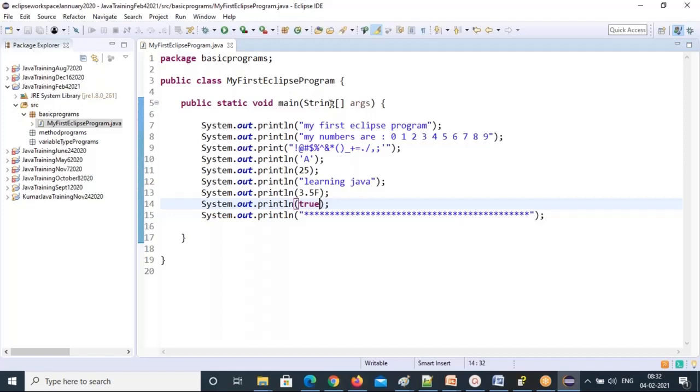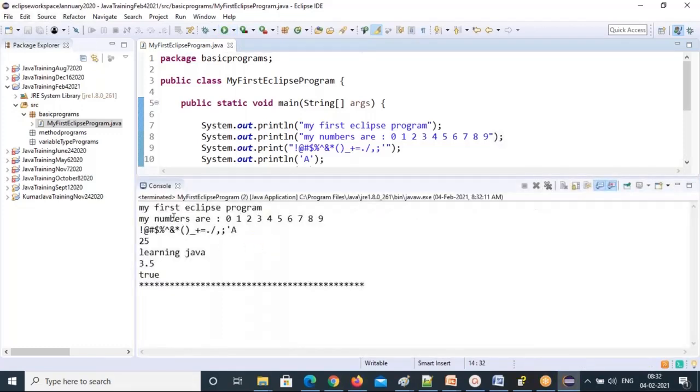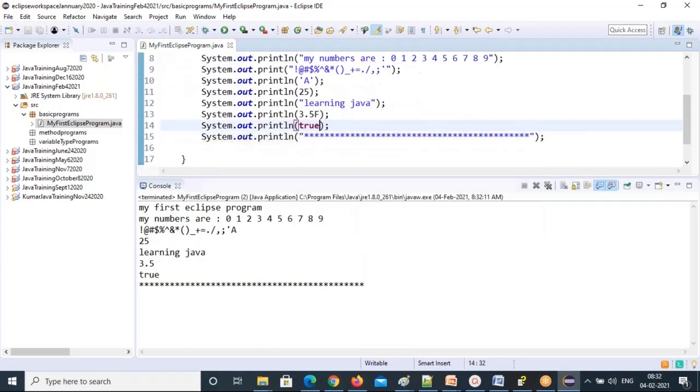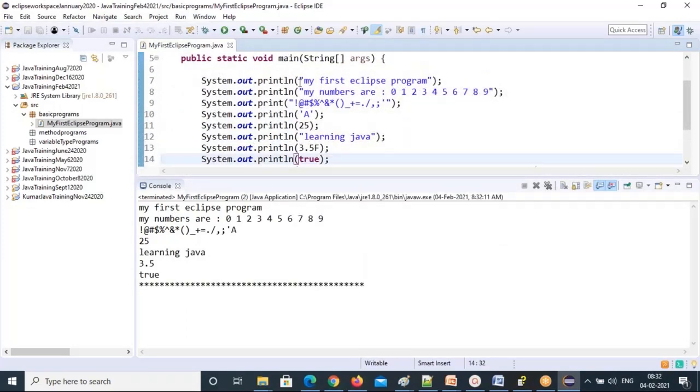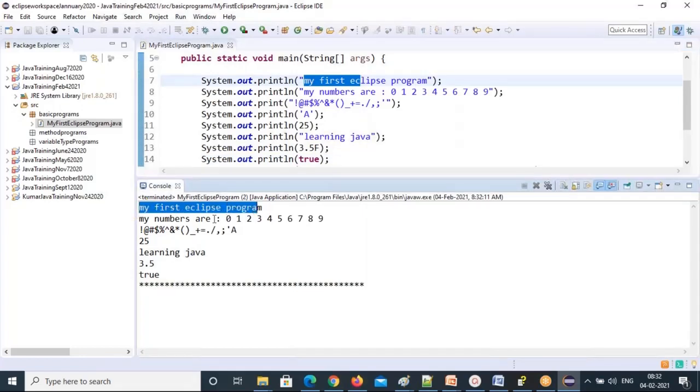Many ways you can run the program. You can click on this green bullet icon. Your code will execute. See that? Each print statement is printing in line by line order. Line by line it is executing, not randomly. And this is one way to run.